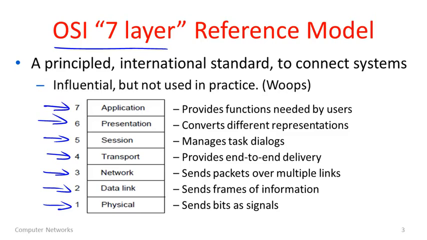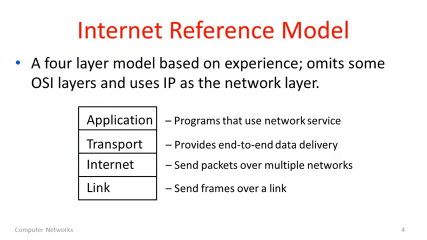And finally above that is the application layer, and that's really what we think of as applications. They provide whatever specific functionality is needed by users. So this is the OSI 7-layer model, and you're going to want to remember all of the different layers of that model. But I'll tell you now what we mostly use in practice, and particularly in the internet, of course,